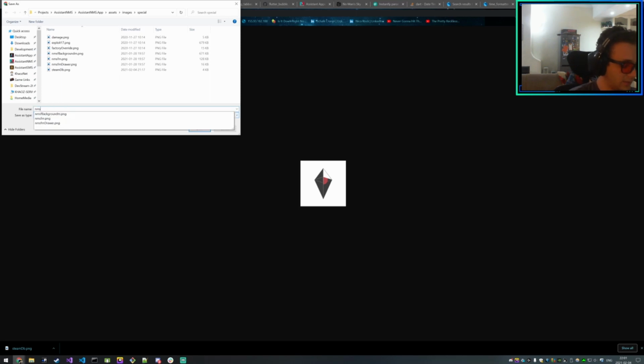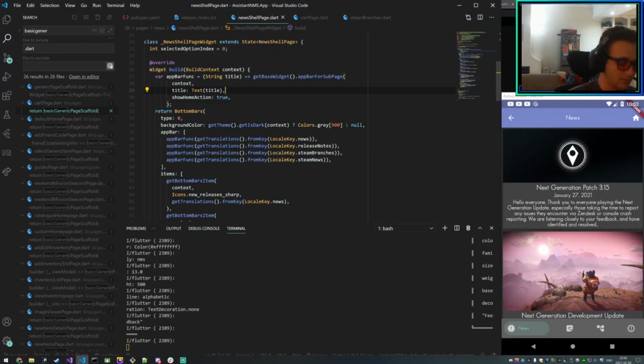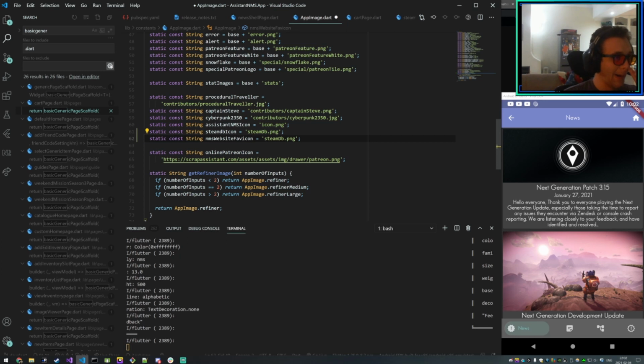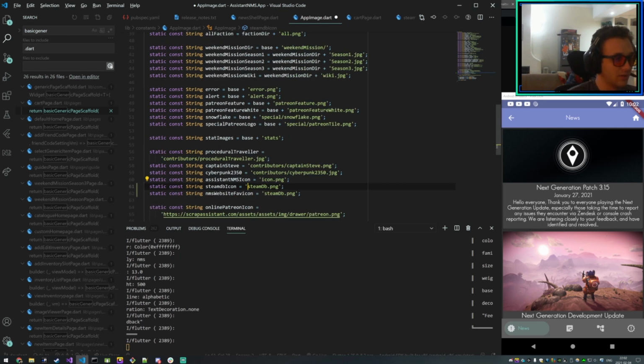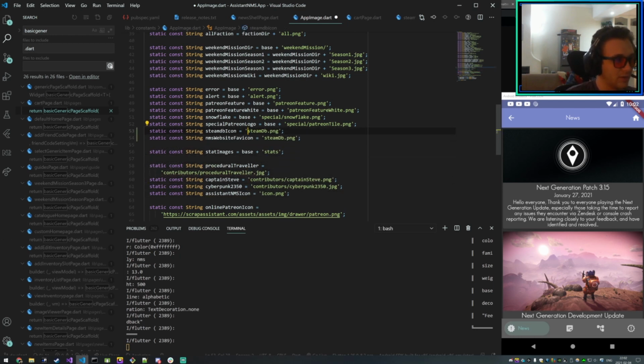This is NMS website favicon. Let's get that app up and running again. App image. Yeah. Oh, I should have actually put the special folder here. My bad. Special /